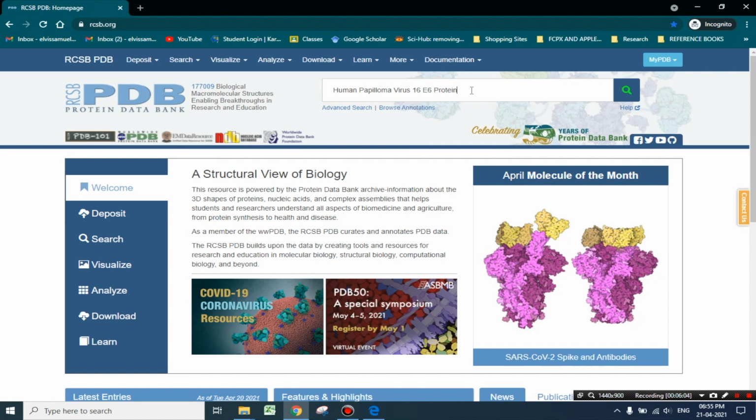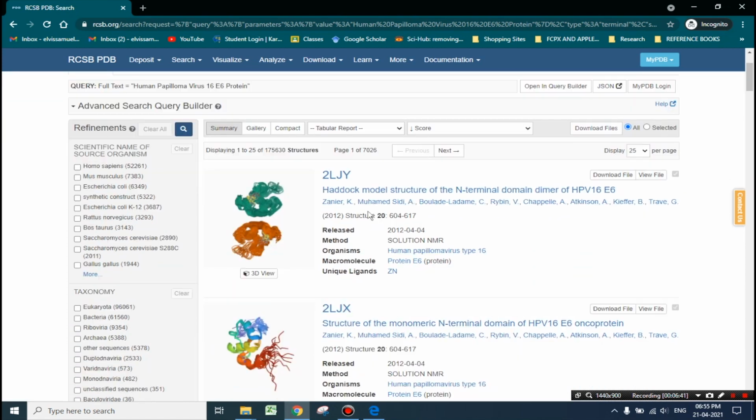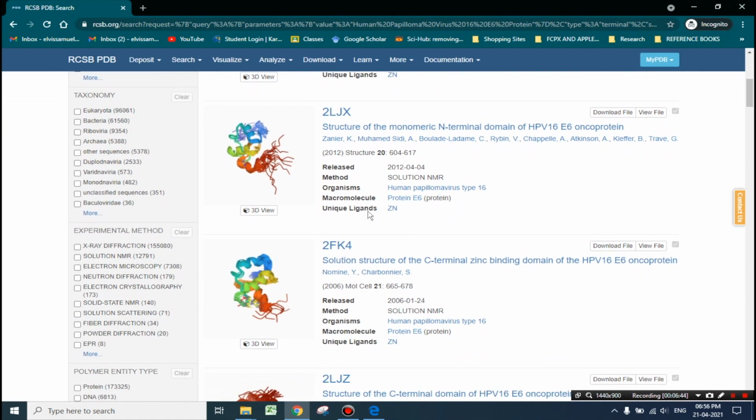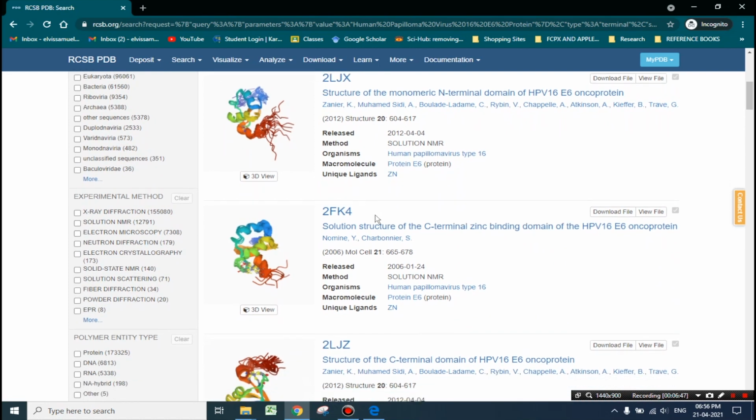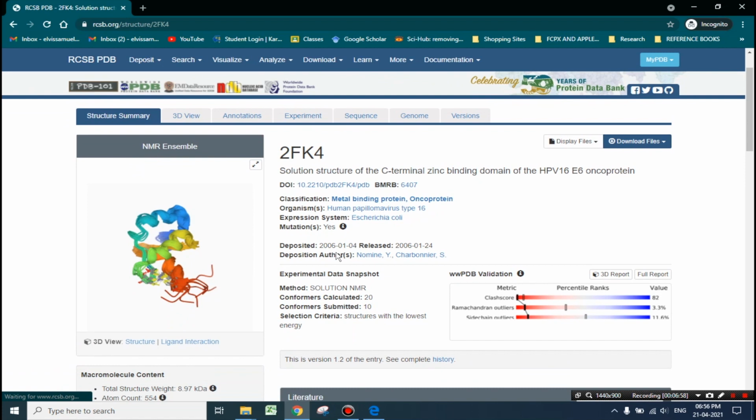Here, every protein is assigned with a 4-letter unique code. Based on the research article that I have referred to, I would be downloading the 3D structure of 2FK4. Here, you can see various information related to this particular protein structure.